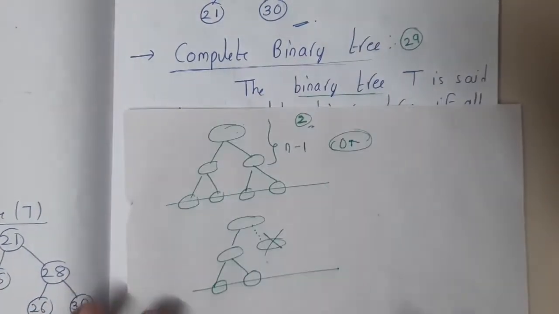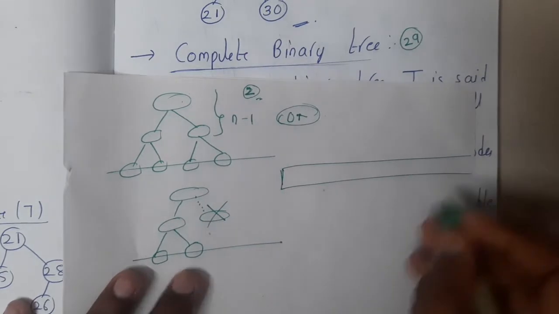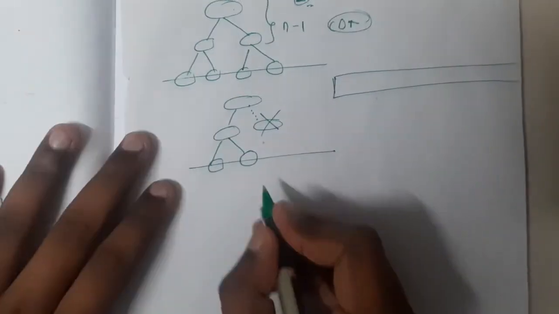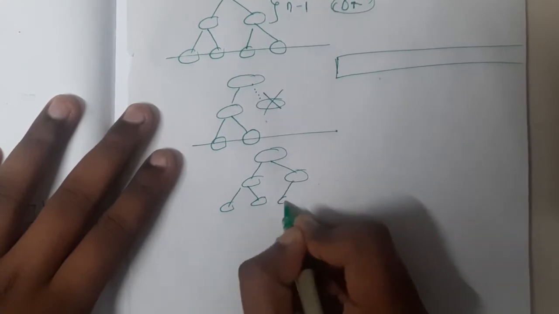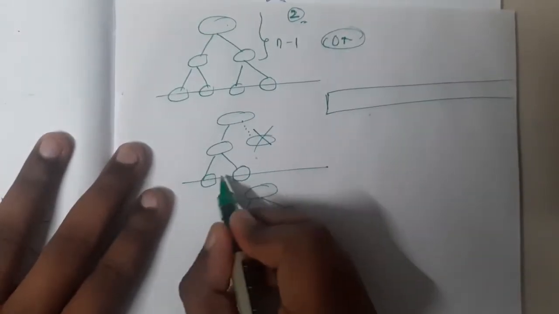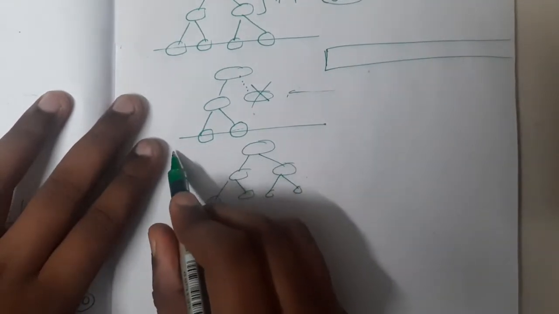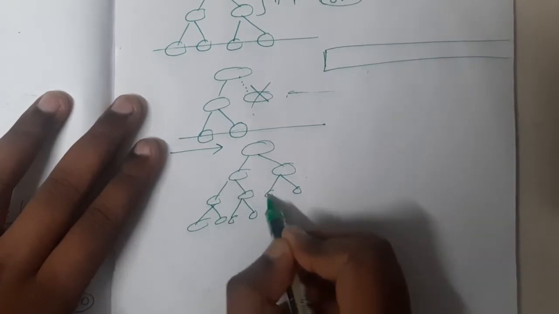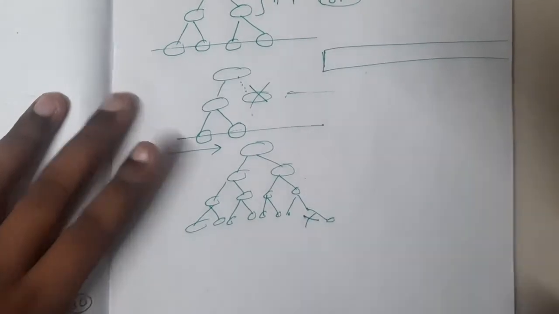So now you got the idea of a complete binary tree. How could this be implemented? The best data structure for this is nothing but an array, guys. Why am I saying array is best? The filling of this complete binary tree will be in this way: 1, 2, 3, 4, 5, 6, 7. It should follow that the previous level is completely filled, and in the next level the filling is done from left to right. You can observe how I am filling, left to right. So it should not be here. If it is here, it is not a complete binary tree.